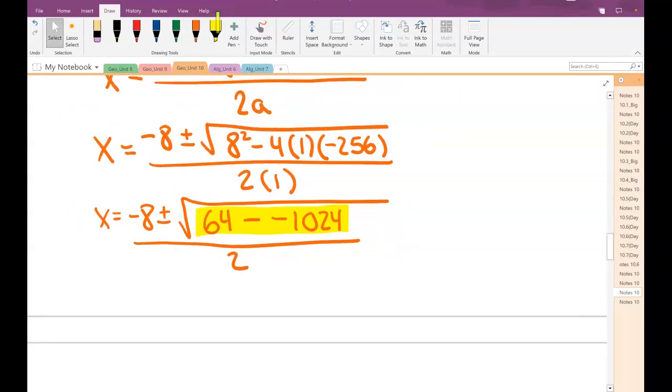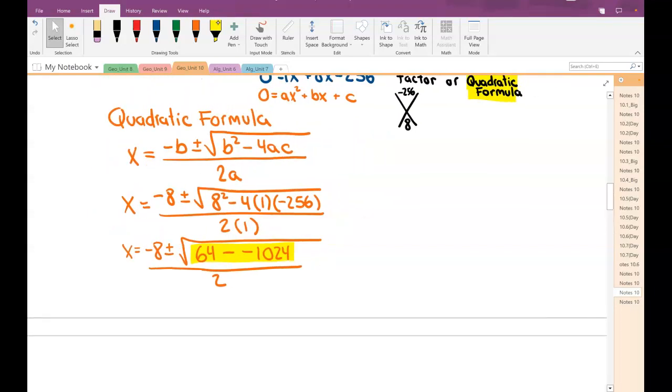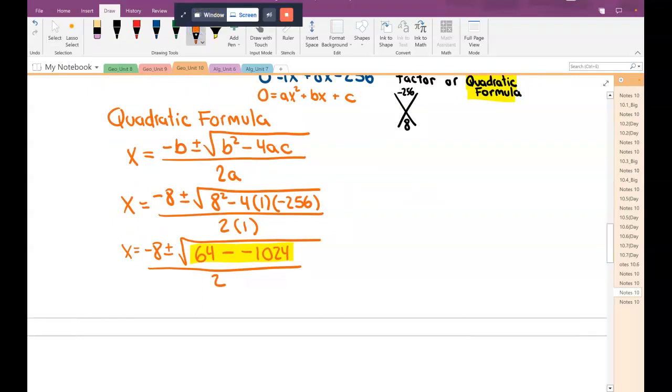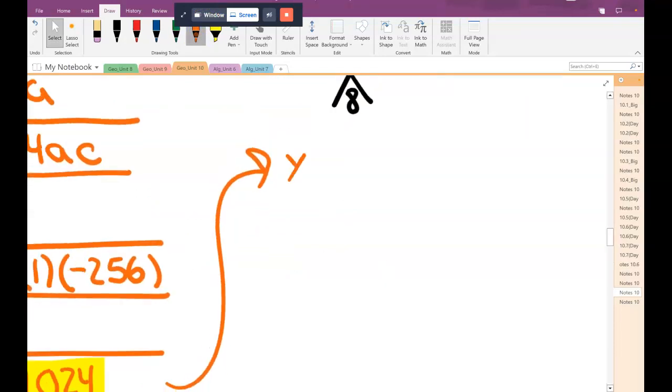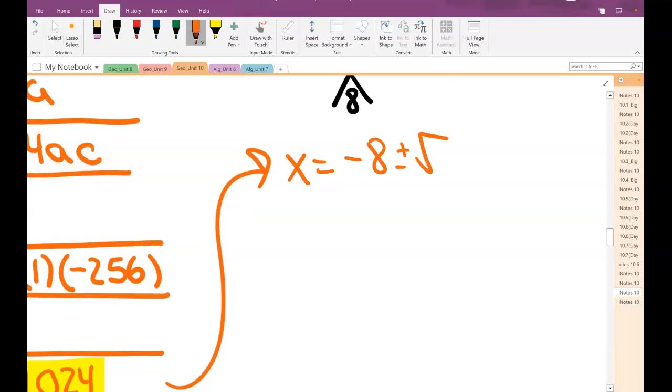So 64 minus negative 1,024 will give us 1,088. Sorry, 1,088, not 10,000. I added an extra 0. So I'll do it up here. We have x is equal to negative 8 plus or minus the square root of, we simplified down to one number, 1,088